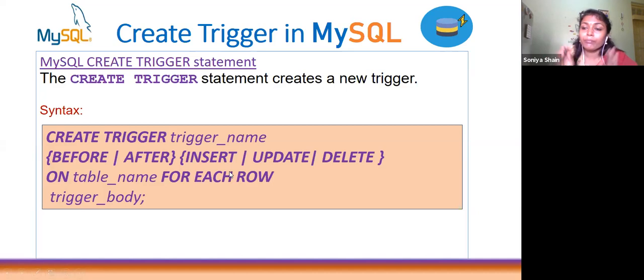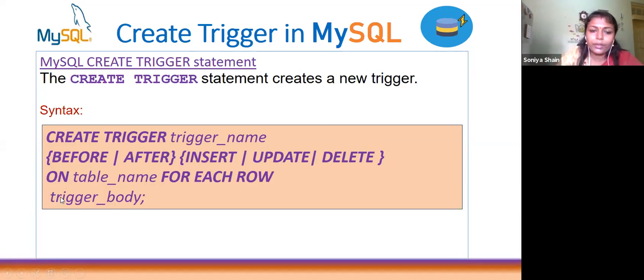If something has to be done after inserting, then you write after insert. Related to update, if something has to happen before update, then before update; if after update, then after update. In the same way, delete exists as before delete and after delete.